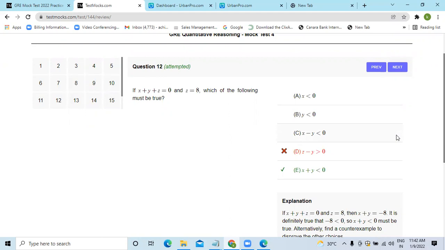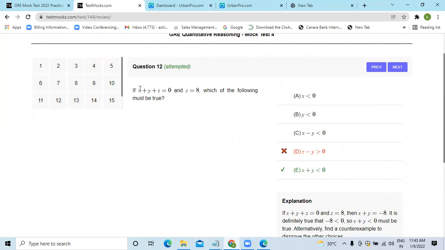So x plus y plus z is equal to 0 and z is equal to 8. So whenever you have this kind of problems, I think you're not considering the negative value. See, if x plus y plus z is equal to 0, do you agree with me that when z is equal to 8, x plus y should be minus 8, right? Yes, sir. Minus 8. First logic is x plus y should be minus 8. Then what are the possible values of x and y? Definitely, x could be minus 8 and y could be 0, or y could be minus 8 and x could be 0, correct? Note it down. Yes, sir.